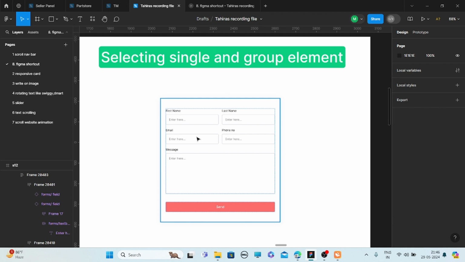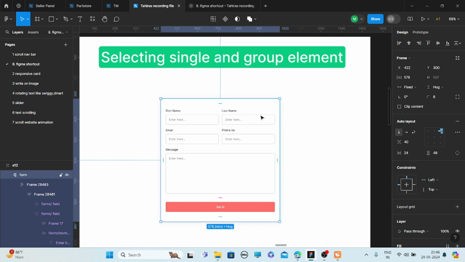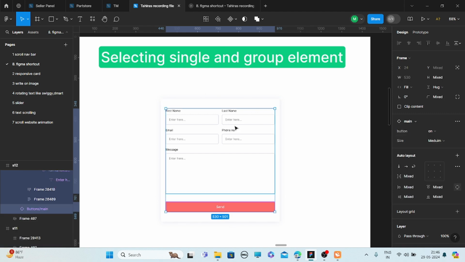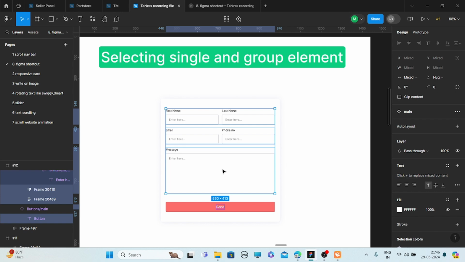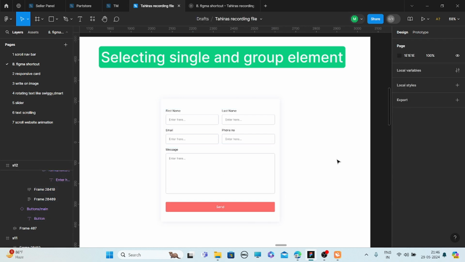Now if you want to select a group, simply select the frame and press Enter. You can see you have moved to the outermost frame. Again if you want to enter the inner frame, again press Enter. This is how you can select the group elements.